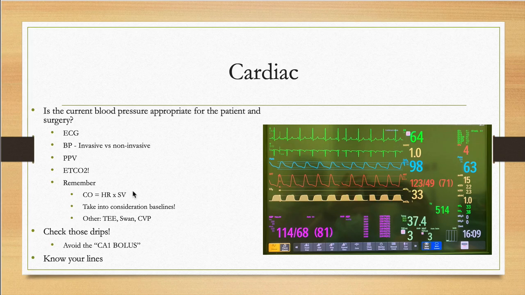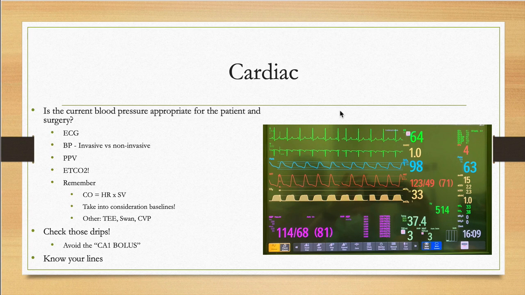I always find it useful to fall back on that equation. And of course, you always want to think about the patient's baseline, because 120 over 49 or 114 over 68 sounds like a reasonable blood pressure. However, if somebody's coming in and their baseline blood pressure is 200 over 100 because they do a bunch of